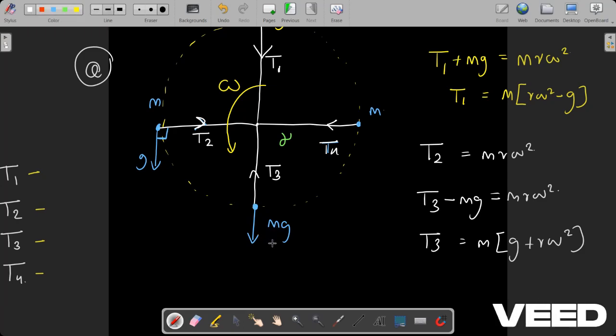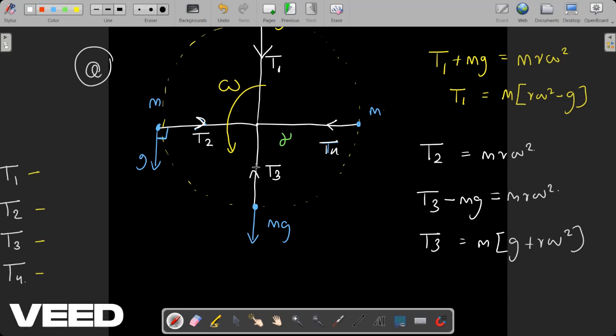So when we are rotating an object with a string in a vertical plane, when the object is at the bottom over here, you have the greatest tension if you want to maintain a constant angular velocity. Remember, that is the assumption. It is rotating at a constant angular velocity. So therefore, there is a greater risk of the string being broken at this place. If it is going to break, this is the place where it will break, because you have a greater